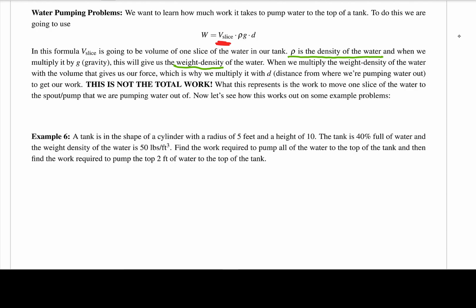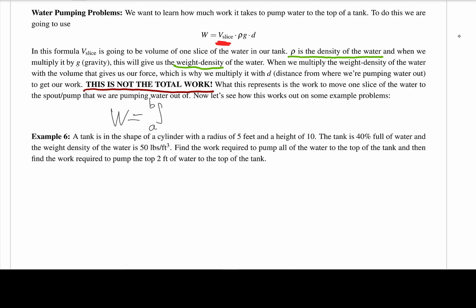Now, the key thing to remember here is that this is not the total work. This is just the work to move that one slice of water to the spout or pump that we are pumping out of. When we calculate the entire amount of work, that's going to look like W equals the integral